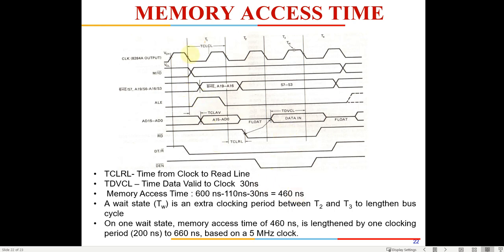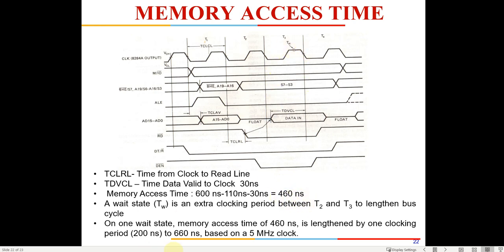Once the clock goes low, 110 nanoseconds will be consumed by the microprocessor to put a valid address, and then before the completion of the third cycle, 30 nanoseconds before itself, the memory has to place the data onto the data bus. So the total time available for the memory access is only 460 nanoseconds, right? In case you are putting a slow memory device which cannot put this data within 460 nanoseconds,